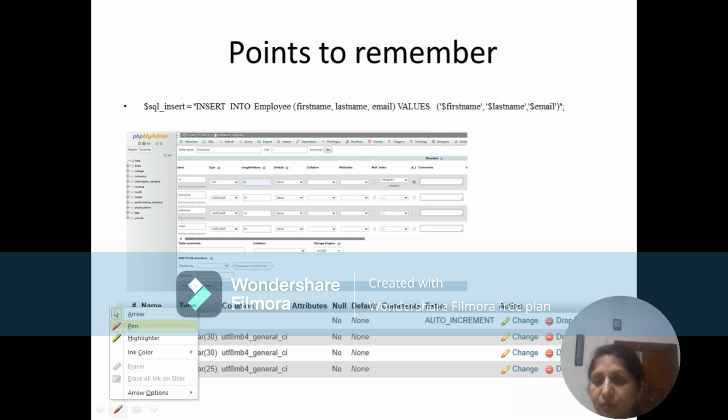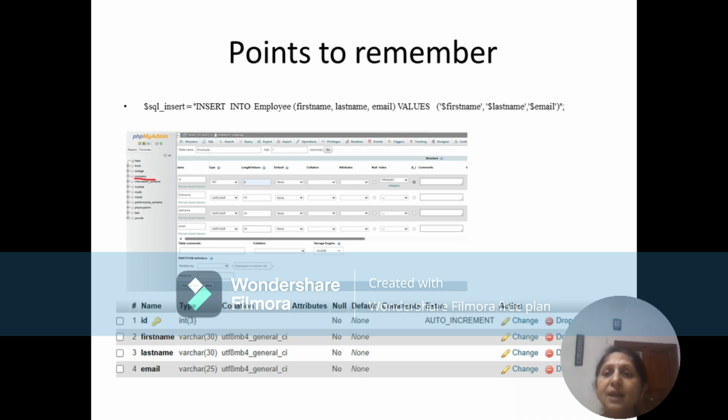So I have already gone to phpMyAdmin and created the database called company, and under that database company I am creating the table employee, because in our program there is an insert query, and this insert query says insert into employee. What is this employee? Employee is the table name. So we have to make sure that we create this table. So I have gone to phpMyAdmin, I typed employee, and then I gave the field names or the column names for my employee table.